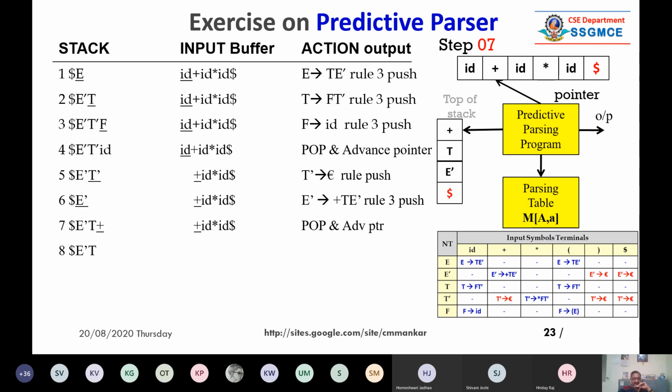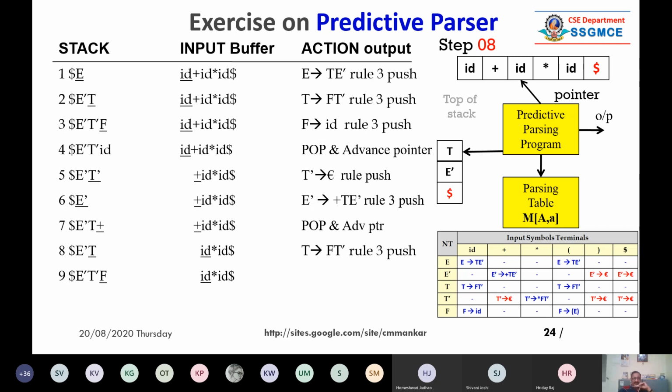So it is very simple. What will happen? You will see in step number 8. Step number 8 is telling you that you have removed plus from the top of the stack. Now your current TOS is capital T. It is a non-terminal.